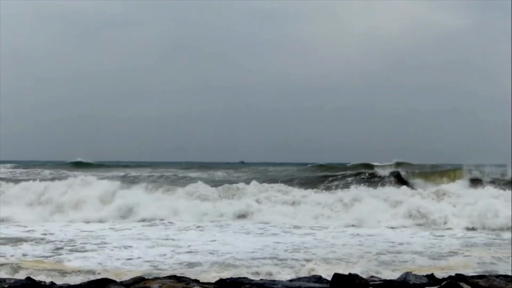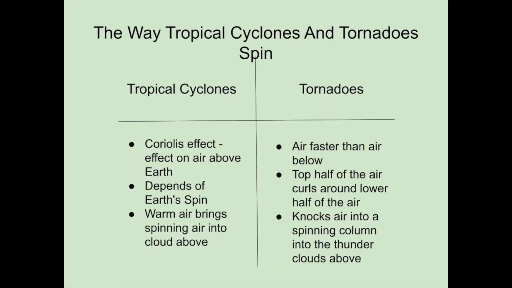How do they both spin? Typhoons spin due to the Coriolis effect, which is the effect on the air above when the earth below it spins. If the ground below it spins clockwise, the air above will spin anticlockwise, and if the ground below spins anticlockwise, the air above will spin clockwise. This is also why tropical cyclones in the northern hemisphere spin anticlockwise and tropical cyclones in the southern hemisphere spin clockwise. As warm moist air brings the spinning air up into the cloud above, the cloud will spin too and